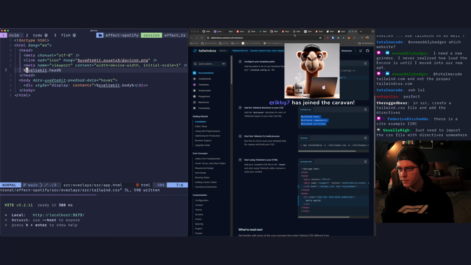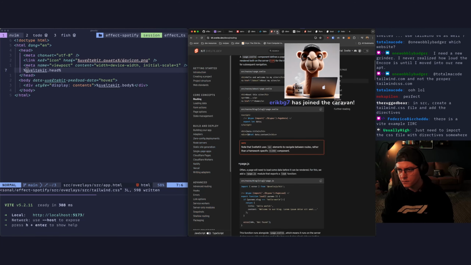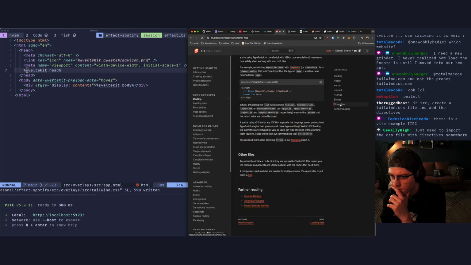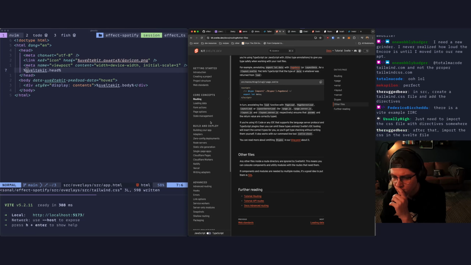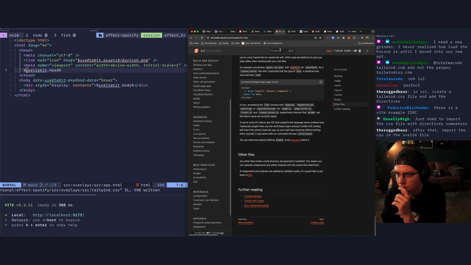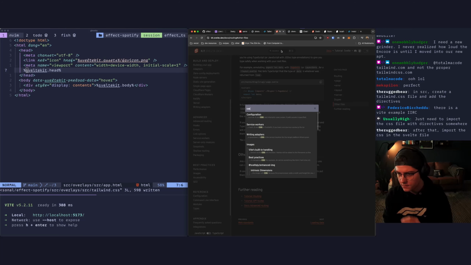Is there a special way to do this in Svelte? Project structure, layout, server, page, other files. CSS, I want CSS.